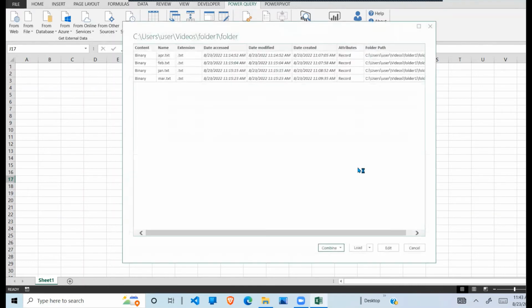So when I do that, it displays my files in this format here: content, binary, and these are the different files, 4 of them, and they are all text files, as you can see. Now, right down here, we have combine, load, edit. If I click on combine, I have combine and edit, combine and load to. So I'm gonna use the first one, which allows me to combine and gives me an opportunity to edit the file. So I pick this,